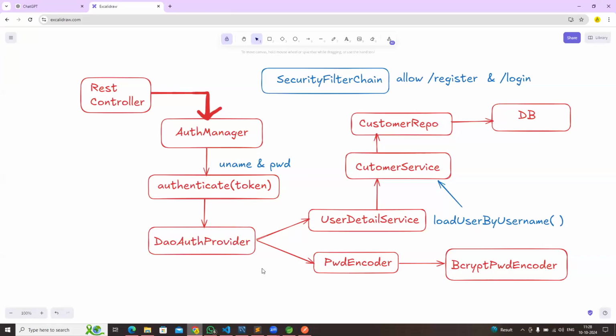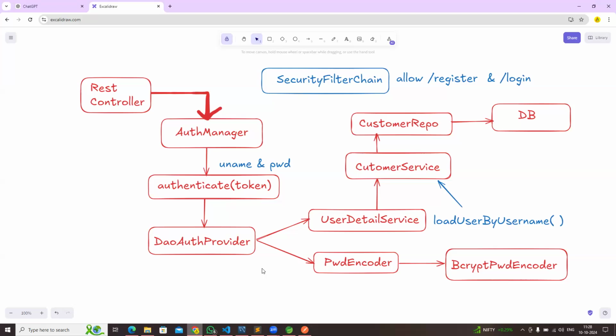The password encoder is used to encode our password, and user details is used to load our user data using email ID, which is done in a customer service, and the customer service communicates with the customer repository,